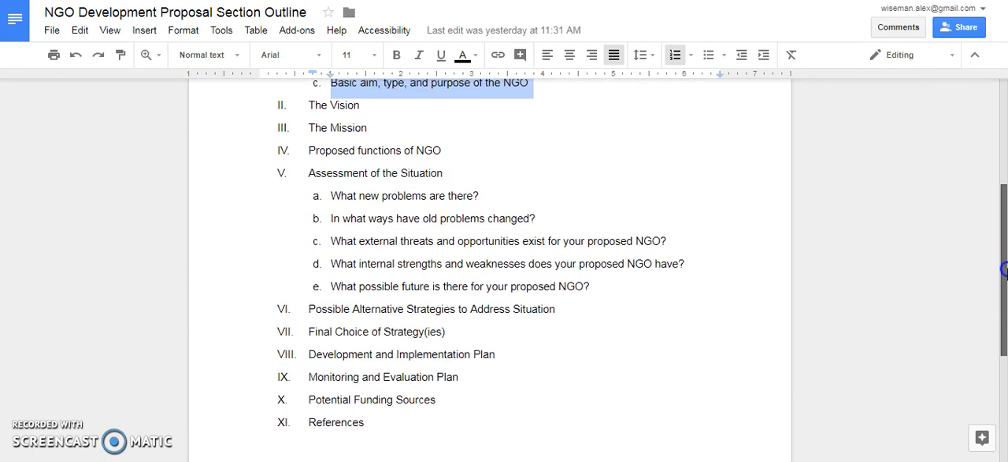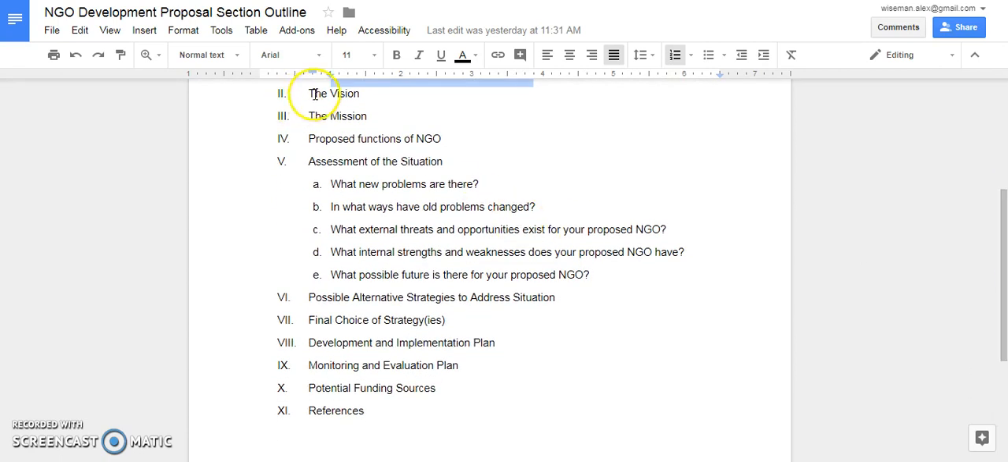For the rest of these sections, and I'll go through this much more quickly, this is where you really start outlining what the NGO is going to be doing. So a vision statement. I would love for you to have a draft vision statement. You ask, what is a vision statement? Well, remember those two